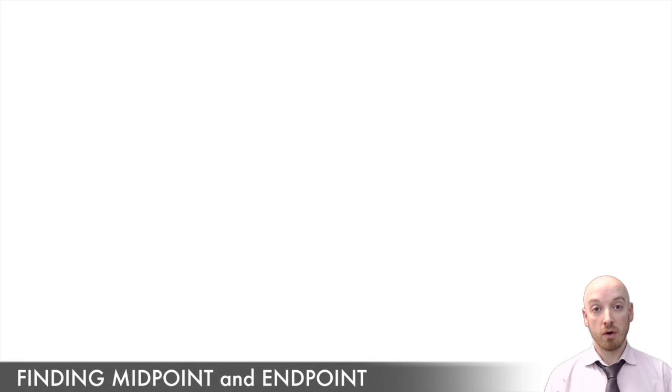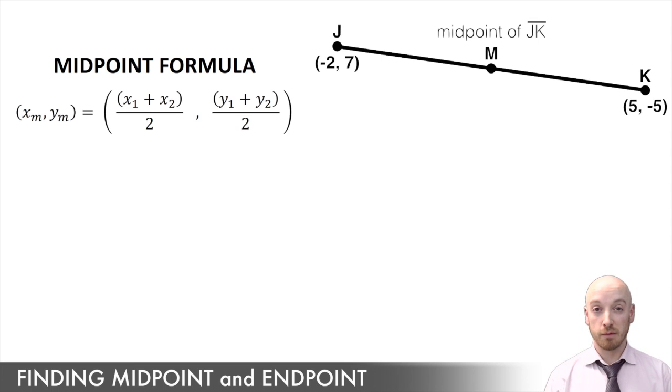Now, finding the coordinates of the midpoint of a line segment is pretty straightforward, although this formula might suggest otherwise. But all we're looking for here are the x and y values, the coordinates of a point that lies exactly halfway between two others. Now, to know that we would have to use the midpoint formula. They might use that word midpoint outright, or they might say a point that's located halfway between two others, or they might try to